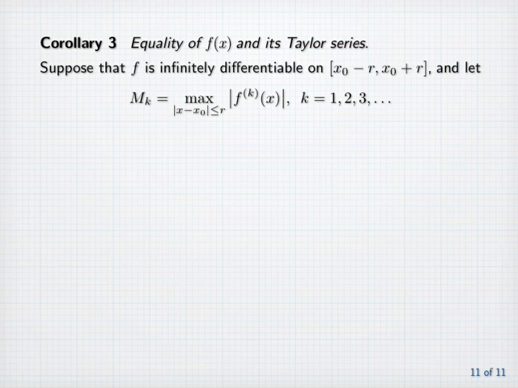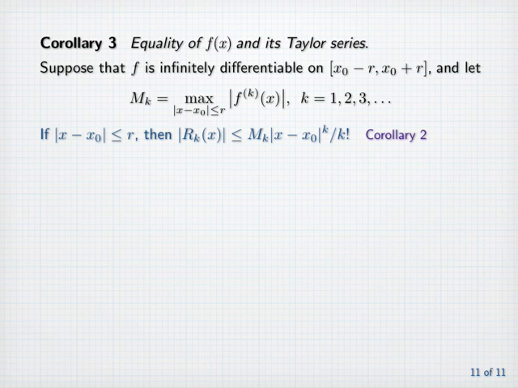Now by corollary 2, if the absolute value of x minus x naught is less than or equal to r, then the absolute value of the kth remainder at x is less than or equal to capital M sub k times the absolute value of x minus x naught to the kth power divided by k factorial,